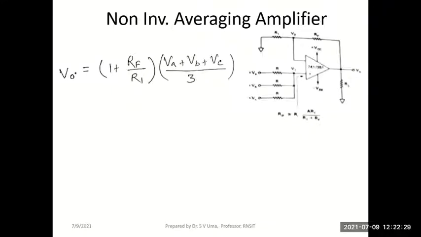If you notice in the expression for output voltage in this circuit, I already have the average. This is the average value of the three input signals. Only this I want to retain, and I want to eliminate this multiplication factor. What do you think we can do? If I eliminate this multiplication factor and retain only this, it will become an averaging circuit, where the output is the positive average of the three input voltages which are given to the non-inverting terminal. What should you do?